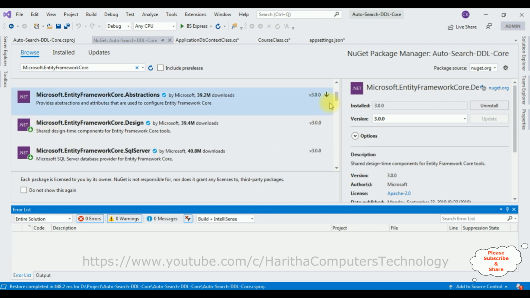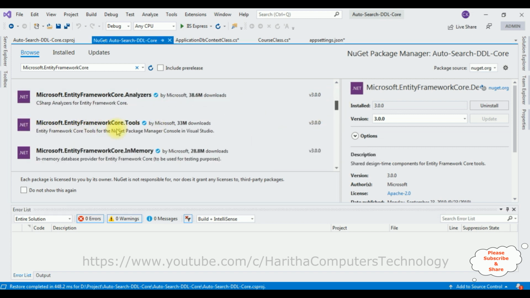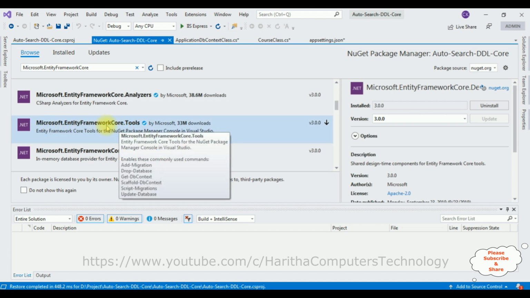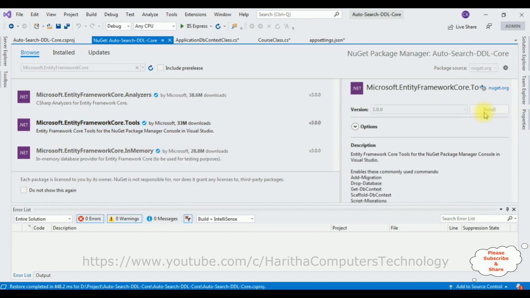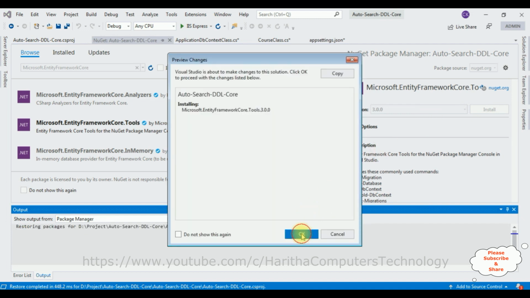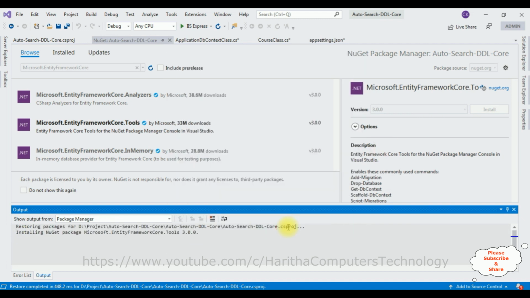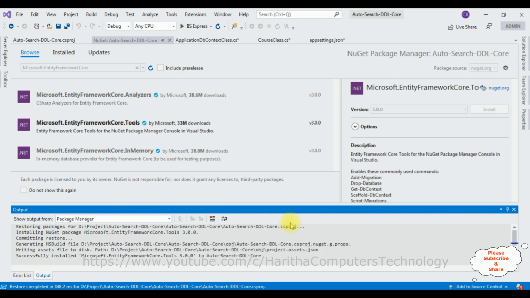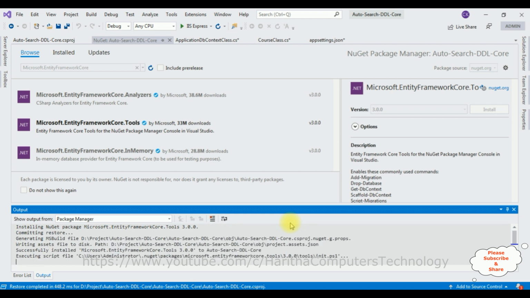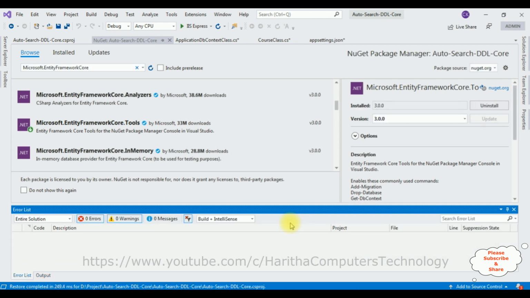Now the last package we require is the Tools package, which is this one, Microsoft.EntityFrameworkCore.Tools. Select that one and click install. Okay, accept the license. And the Tools package is also installed successfully. Up to now we have added 4 packages into our project folders. Let's check that one. Open Solution Explorer